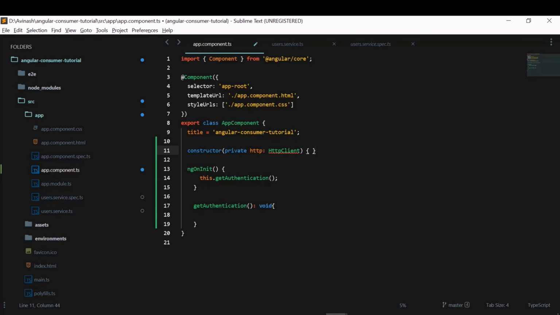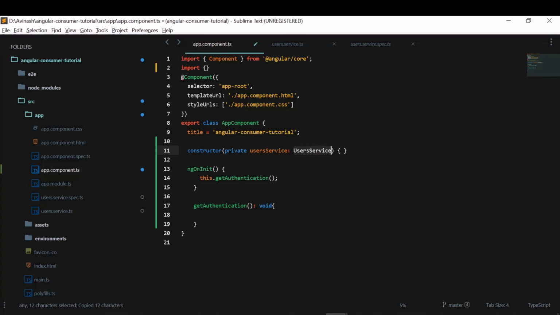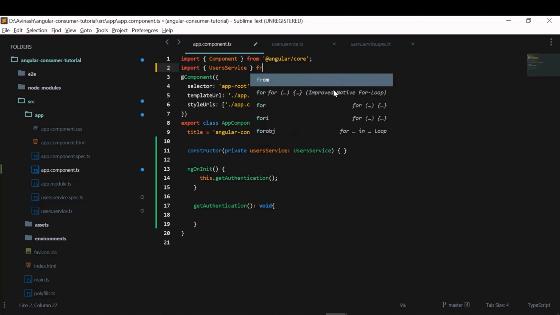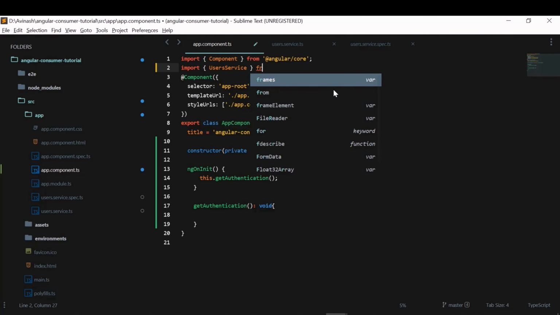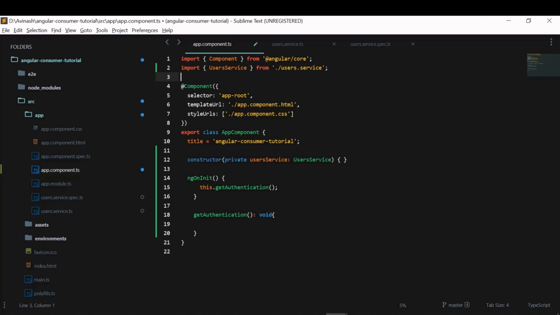So this will be user service, and we need to import that user service here from the path to that user service. So guys, here I have imported this user service.